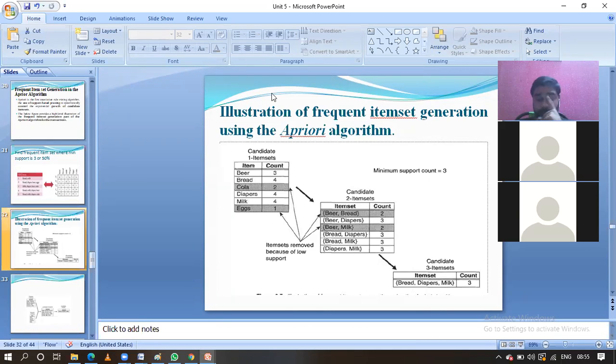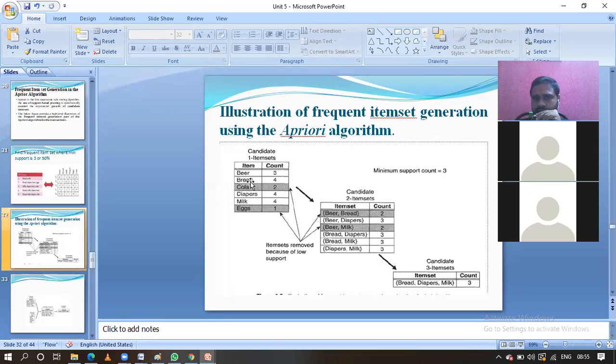Okay. Next, till now we have seen the candidate one item set. Here, all the items and how many times each is repeated we have written down. And the next one, we have taken the minimum support count. Based on that, we are going to eliminate some of the items, that is cola and X, which are infrequent. They won't come in the next candidate two item set and candidate three item sets.